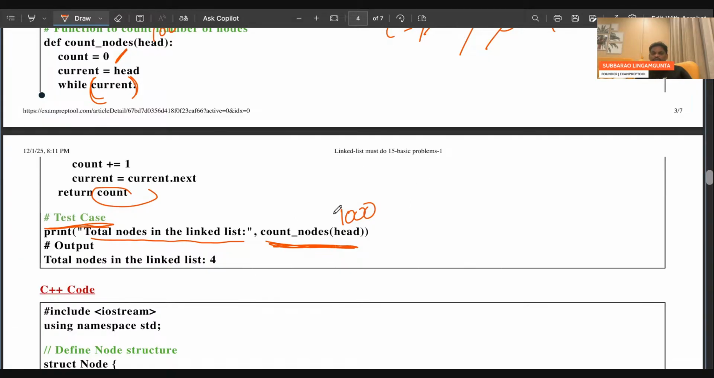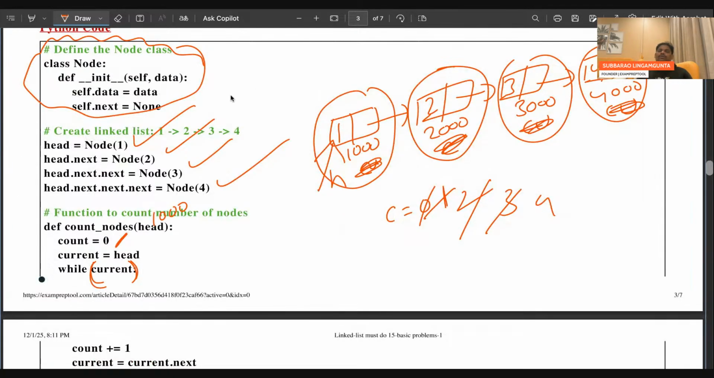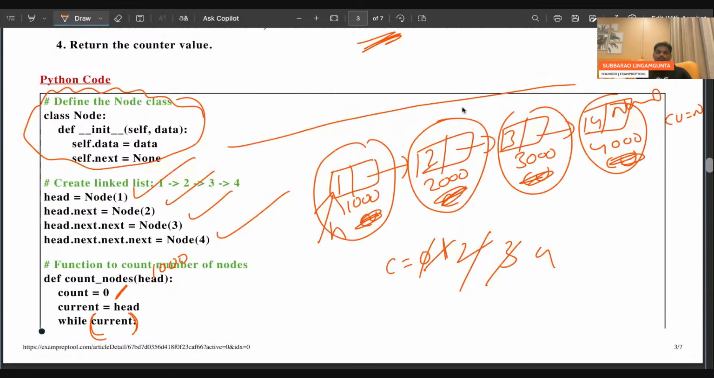I hope everyone understood this. You are doing only one scan. Remember everyone, these are basic problems. Try to understand. You did one scan. And one more thing, if you observe,